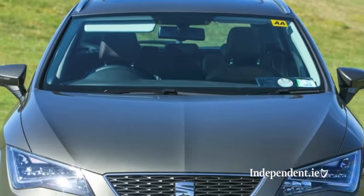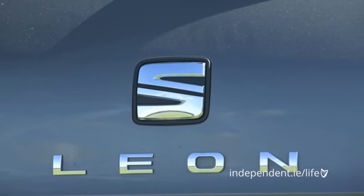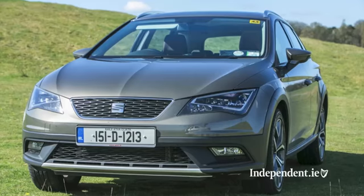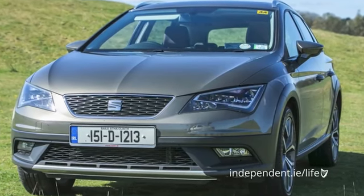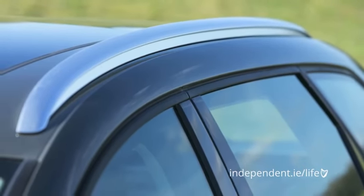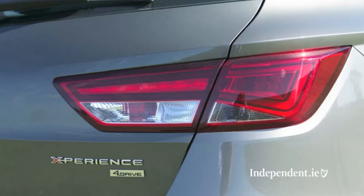Built on the same platform as the Audi A3, Skoda Octavia and Volkswagen Golf, the Leon Experience adds four-wheel drive and subtle body cladding to the regular Leon estate, including rugged black cladding on the door sills and bumpers and the addition of roof rails. The Experience sits higher than the standard Leon estate, and thanks to all the extra cladding, it's actually a fraction